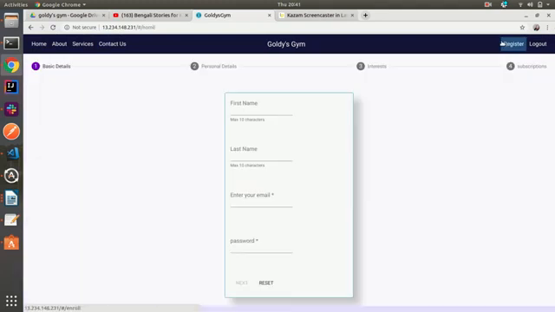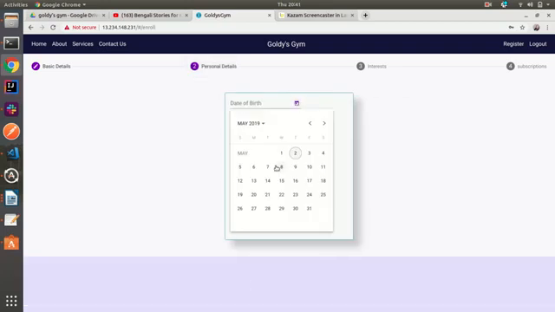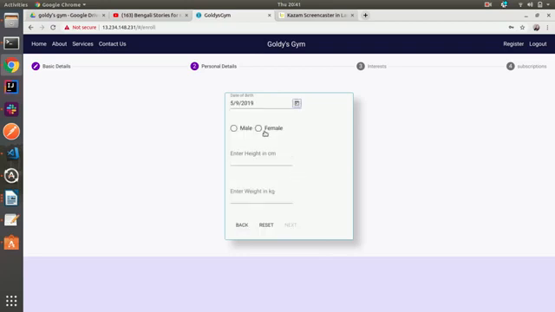Whenever a new user comes in, he or she has to register for using this app or using this product. So I am registering. I am giving my basic details, as you can see. Then I am selecting date of birth, and I am giving my personal details like gender, height, weight,